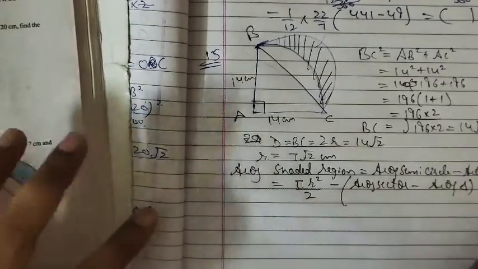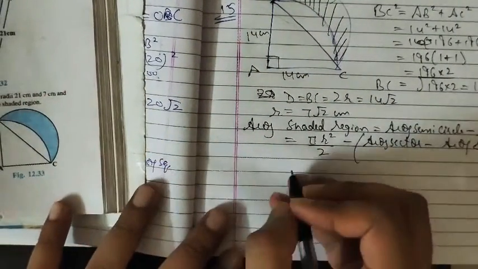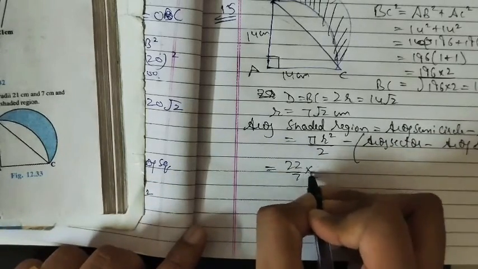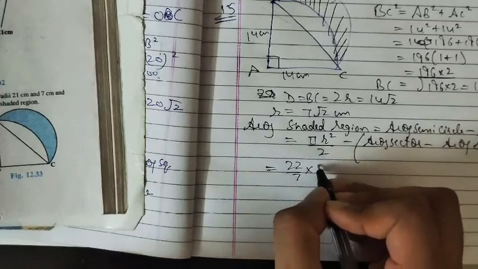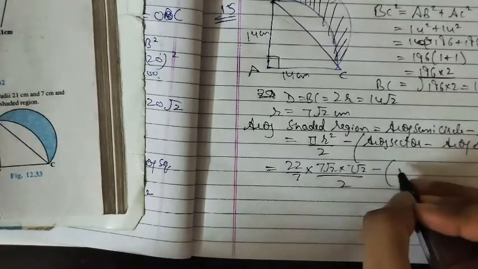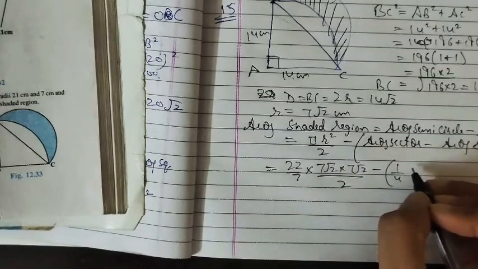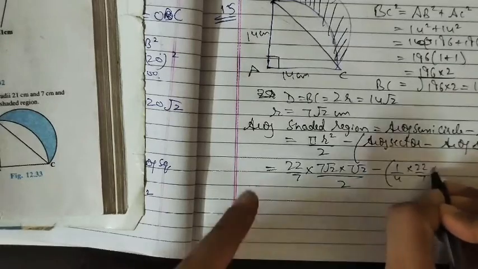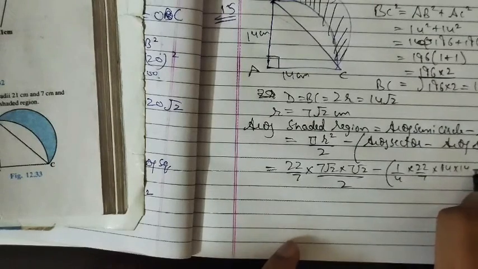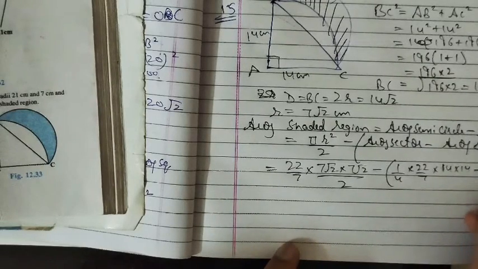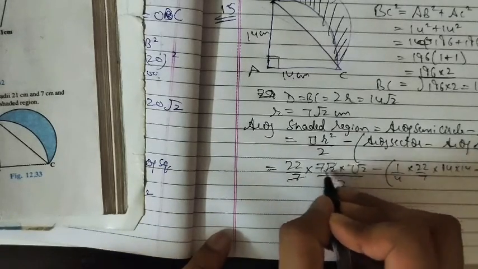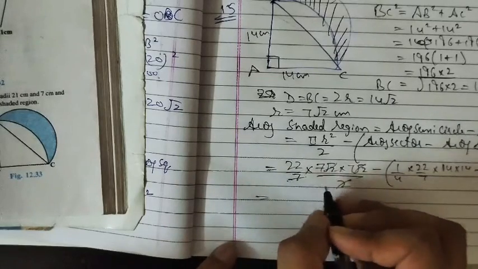So this is equal to, pi value is 22 by 7. So r square is 7 root 2 multiplied by 7 root 2 upon 2, minus area of sector. This is a quadrant, so 1 by 4 pi r square, 22 by 7. Here the radius of this quadrant is 14 multiply 14, right, minus area of triangle, which is half base into height, 14 multiply 14. So 7 to 7 cancel, root 2 squared is 2, 2 to 2 get cancelled, 22 multiplied by 7